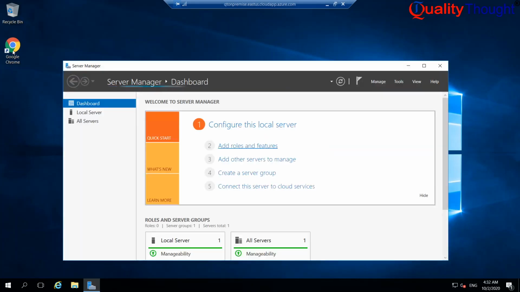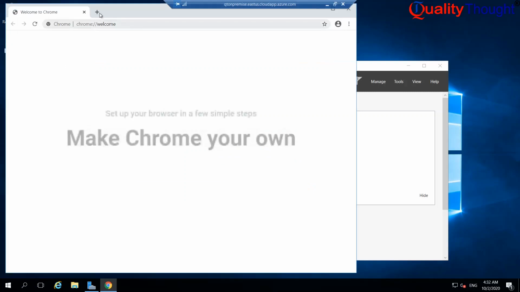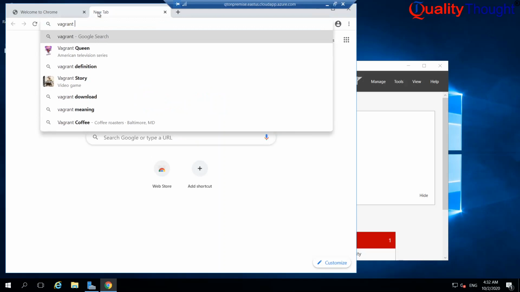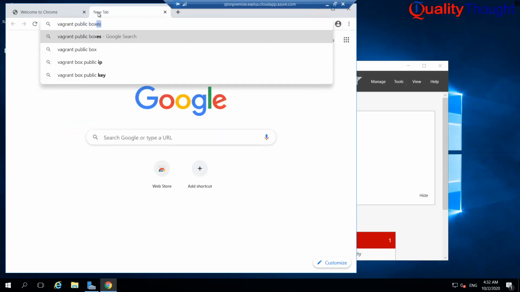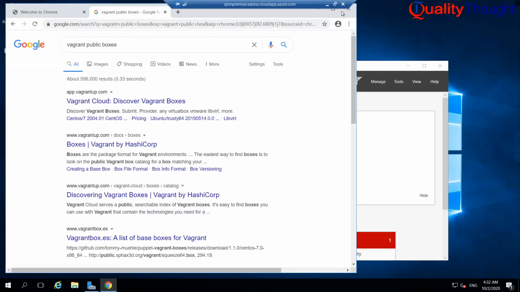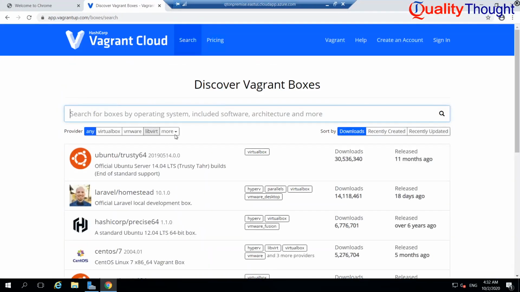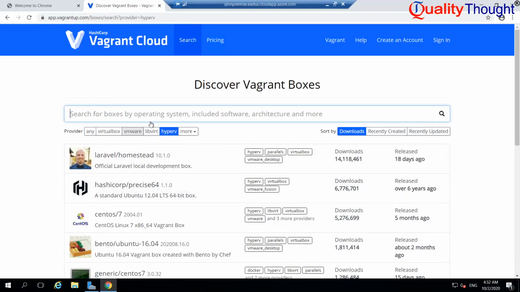Now I need to create virtual machines. For that, let us go to Vagrant public boxes. This box will have the necessary stuff to create a virtual machine. Our hypervisor is Hyper-V, and there is something called CentOS/7.